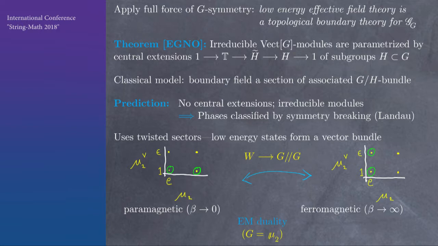On the other hand, in the low temperature phase, then the spins tend to align and the symmetry is unbroken. We get the regular representation. That's in the untwisted sector. And in the twisted sector, well, the lowest energy in that sector intuitively will be strictly larger than the low energy here, where they can all be aligned. And so they won't contribute to the low energy field theory. So if we didn't have the twisted sector, you see, we would be missing this one. We'd have a one-dimensional space here and a two-dimensional space here.